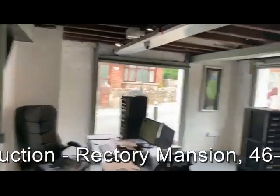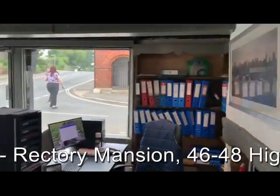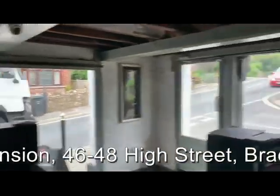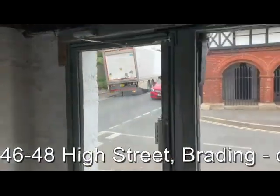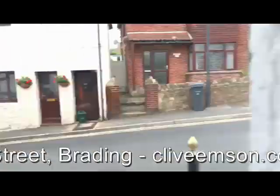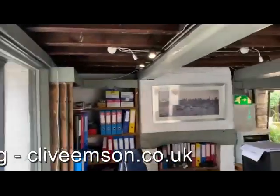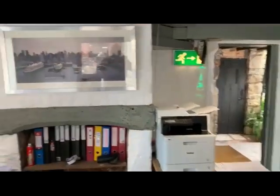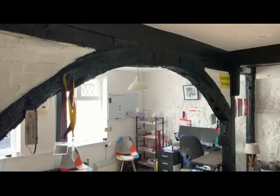And occupying one of the prime positions is what is effectively the hub for Rectory Mansion, the current owner's office, well located right in the corner of Key Lane and now looking out onto the street, and great place for a base to run the whole operation, or alternatively, of course, this could very easily become another letting unit if required. And here we are inside another of the typical units,